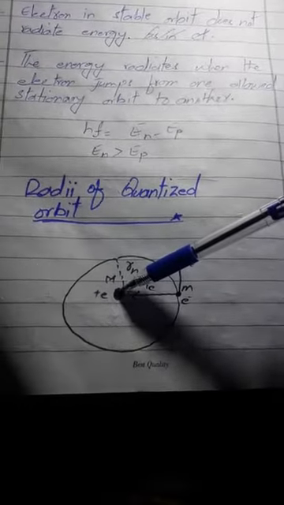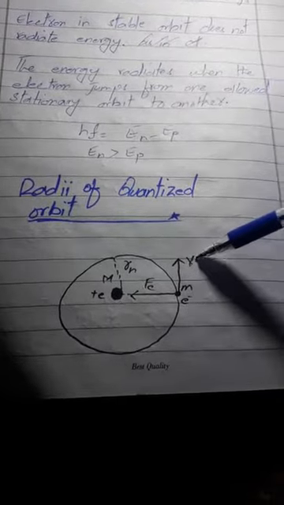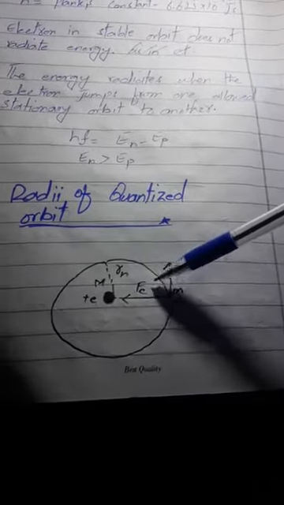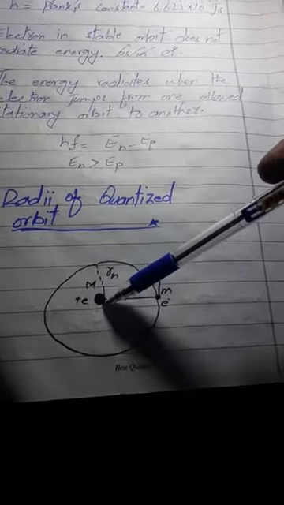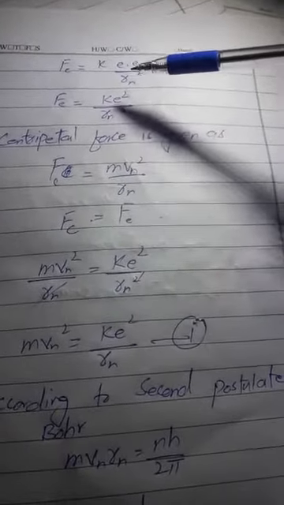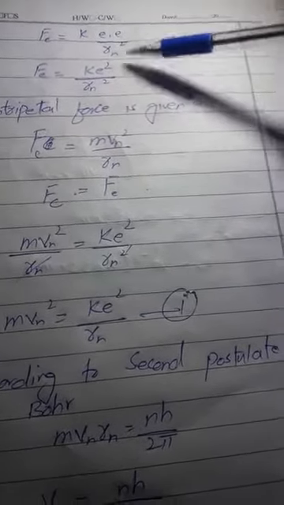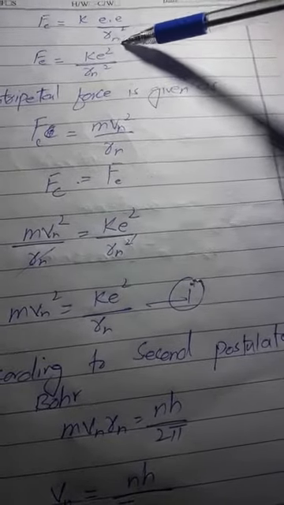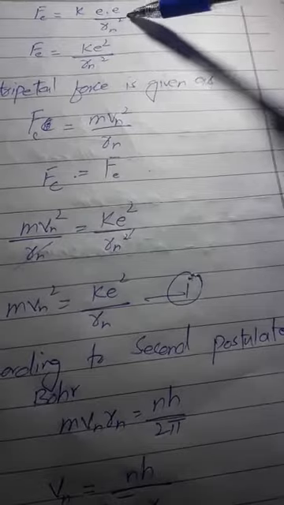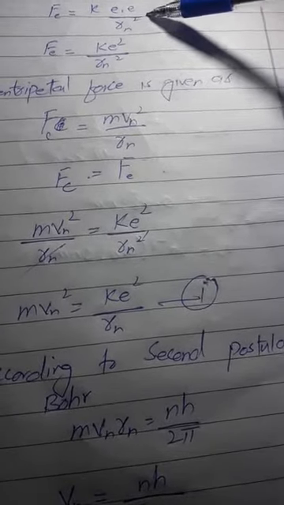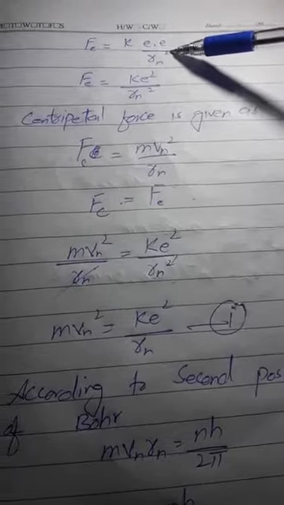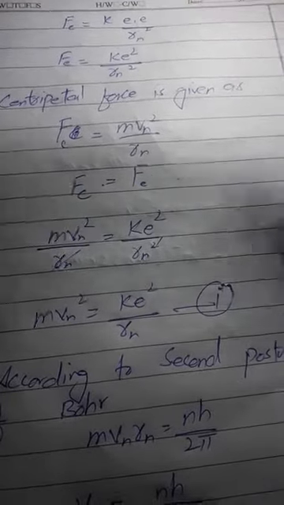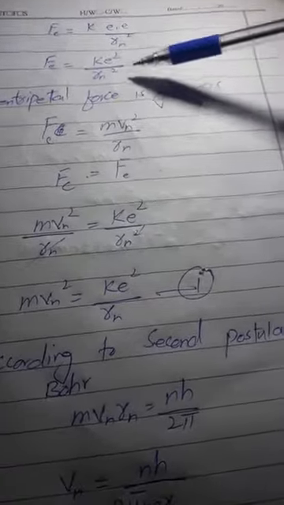This is the positively charged nucleus, this is the electron moving with velocity v having mass m, this is the centripetal force, and the radius is given as r, and the mass of the proton or nucleus is considered as capital M. So this one is the Coulomb force, and the Coulomb force is given as k e e divided by r n square, where r n is the radius, e stands for proton and e stands for electron. We are going to consider only the magnitude, not the charge, so here we get positive signs for both of them. So F is equal to k e square divided by r n square.